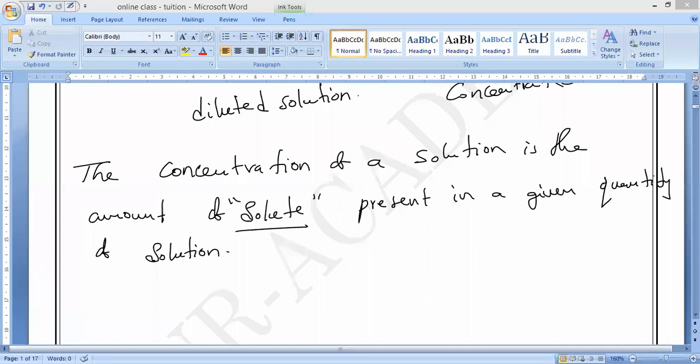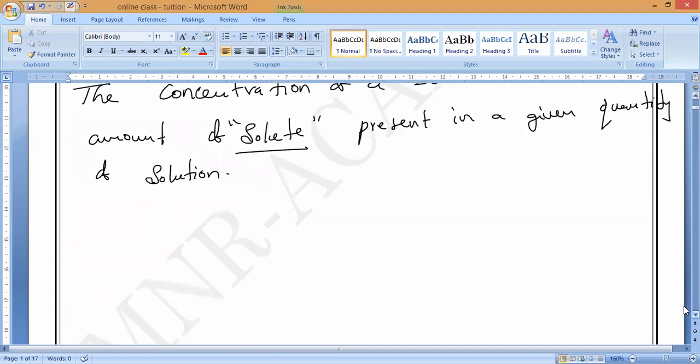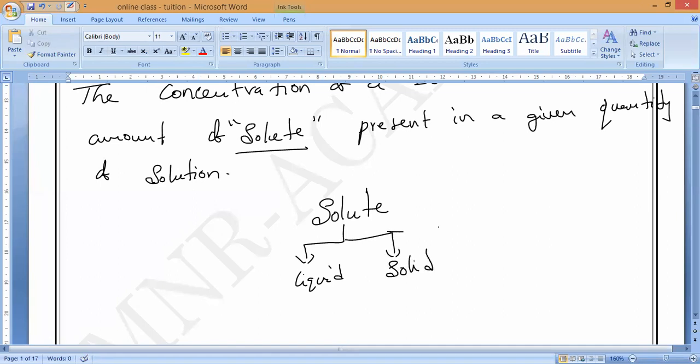So now if you observe here, the concentration again. Now you tell me, the solute is in what state, solid state or liquid state? We cannot say, correct or not? The solute may be a solid solute, or a liquid solute can also dissolve. We don't know, correct? It may be a liquid solute or maybe a solid solute. Suppose let me take solute. This solute maybe is a liquid, or maybe a solid, or it may be a gas also.